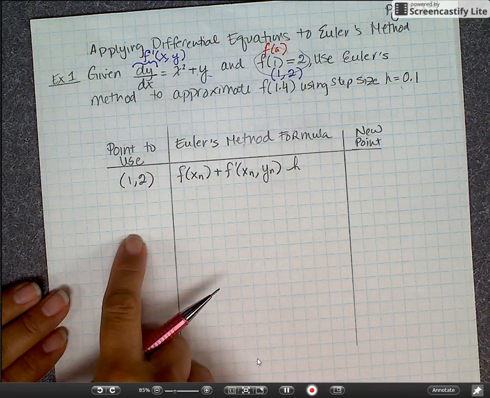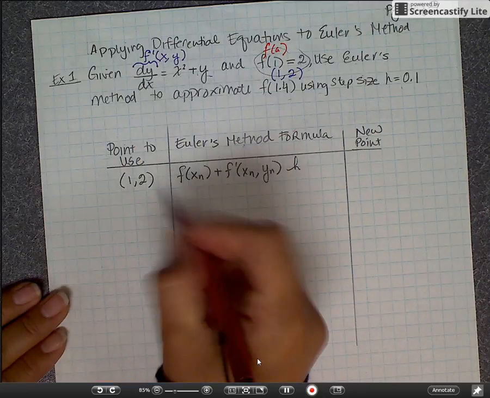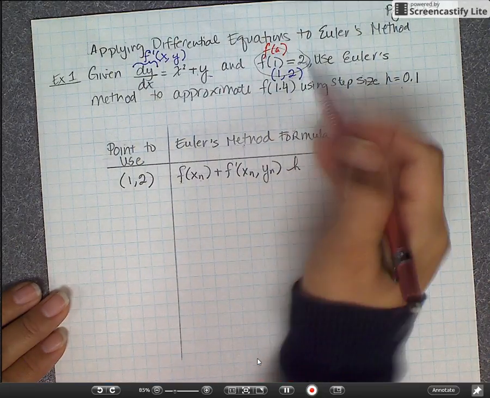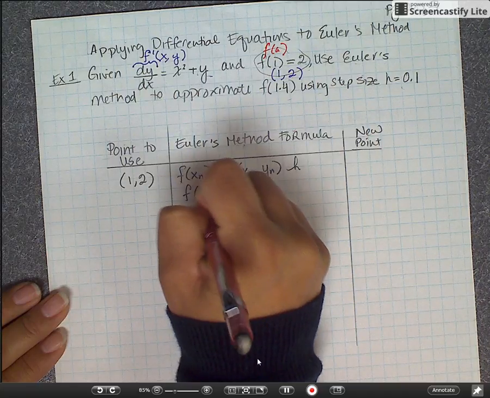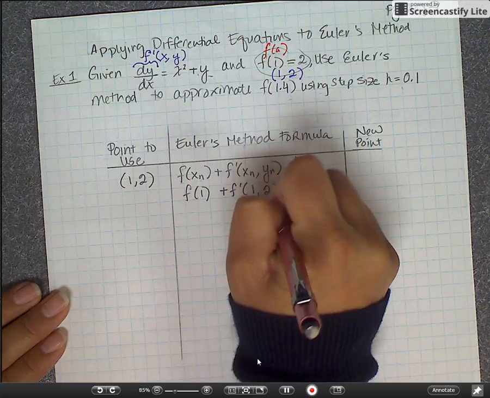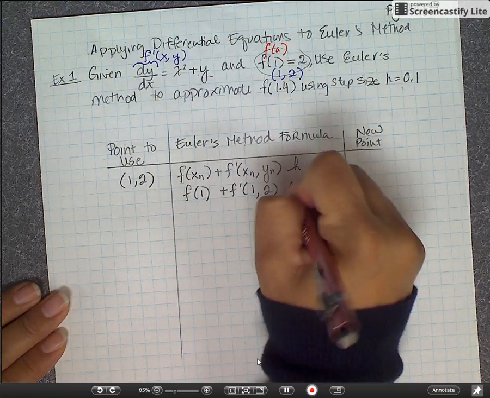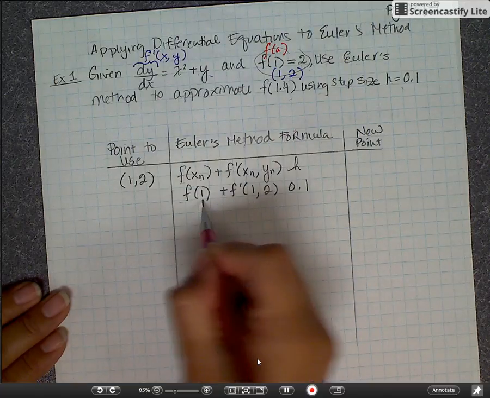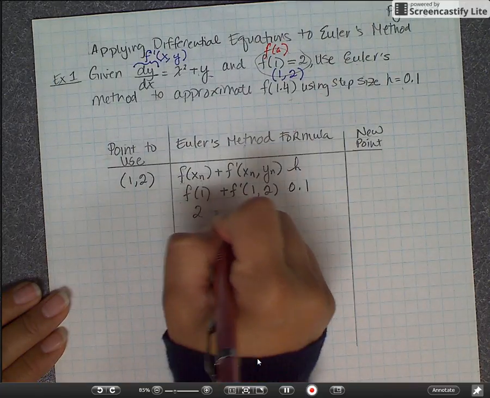So what is it going to be for this situation? Well, f of xn is 2, or let me write it like this: f of 1 plus f prime of 1, 2. And what is our h? 0.1. So I'm just going to do baby steps. What is f of 1? f of 1 is 2 plus